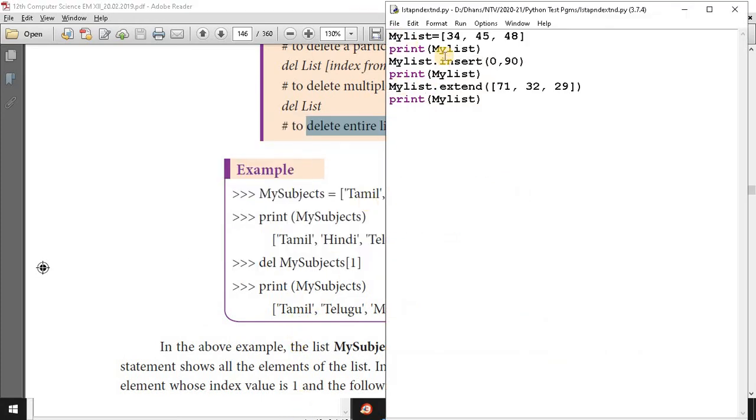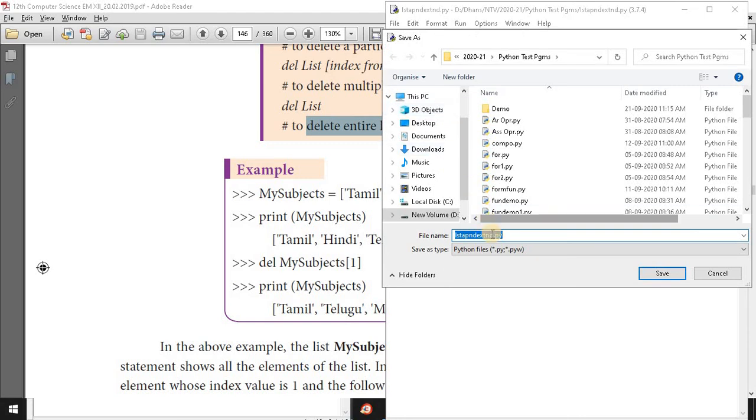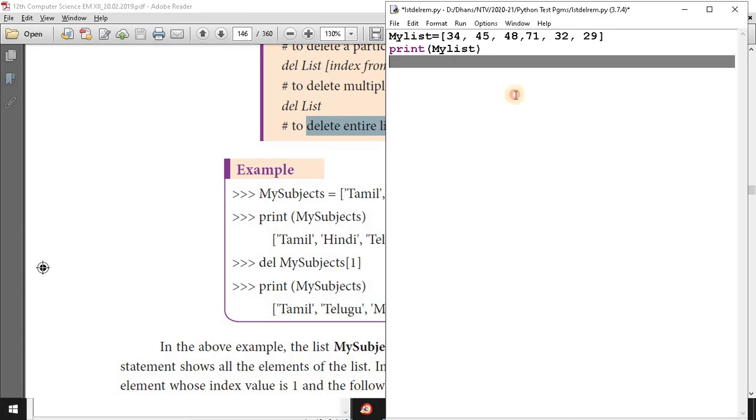Then okay, print my list. Then here I will modify it. So save as list del remove. Okay, some more values.